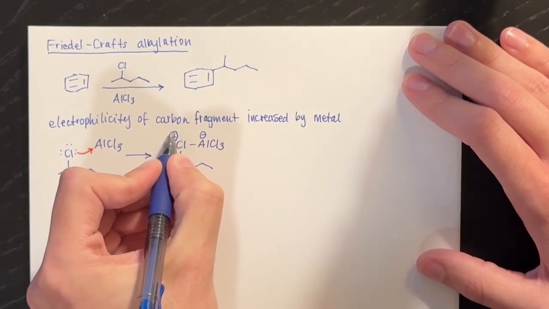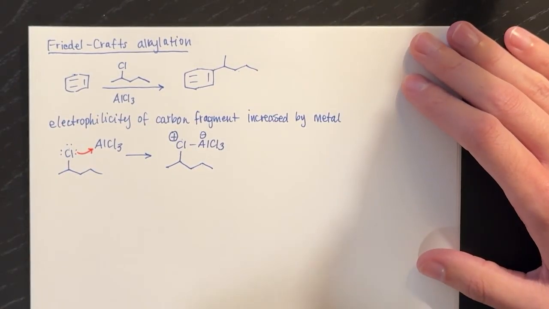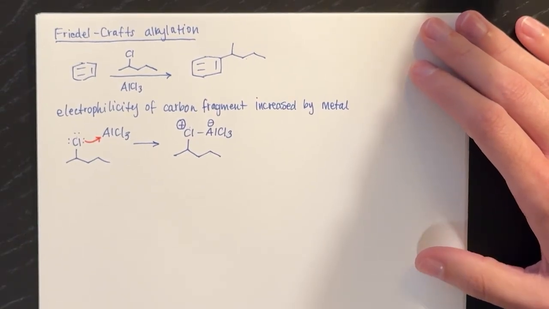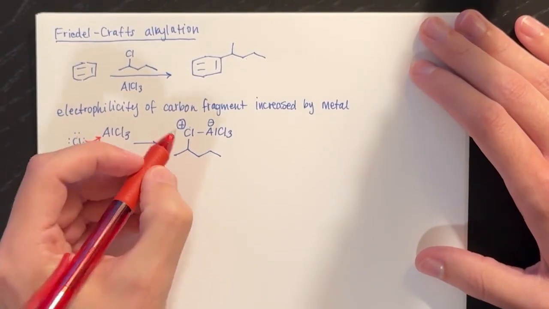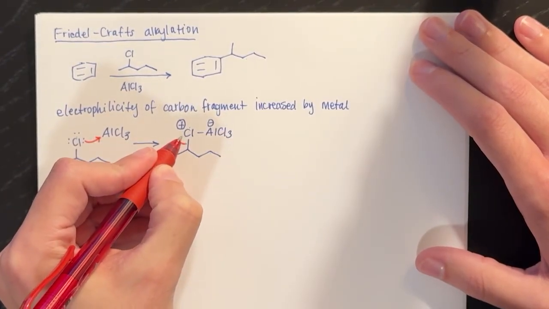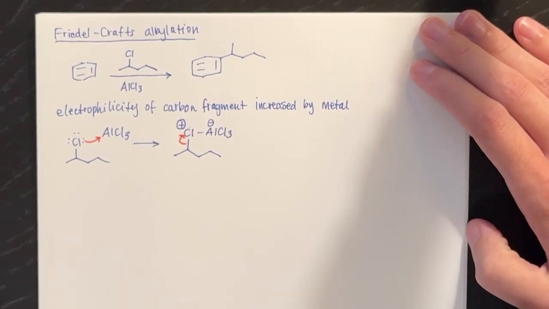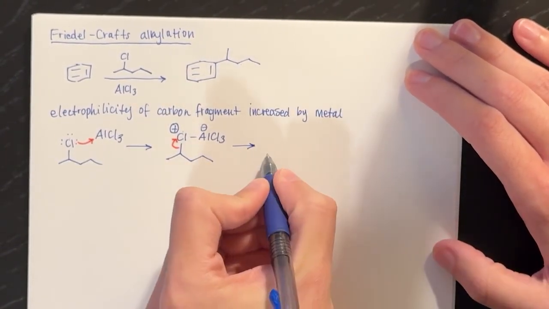Chlorine has a positive charge here. And now we're going to show explicitly the formation of the carbon electrophile. And so what we'll do is take the electrons from this carbon-chlorine bond and move them back up to the chlorine. So we're going to break that C-Cl bond. And that's going to generate